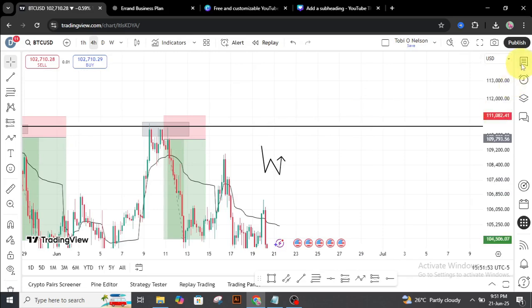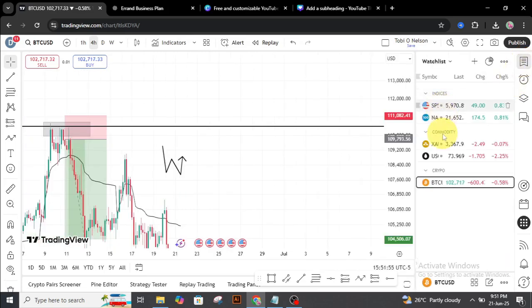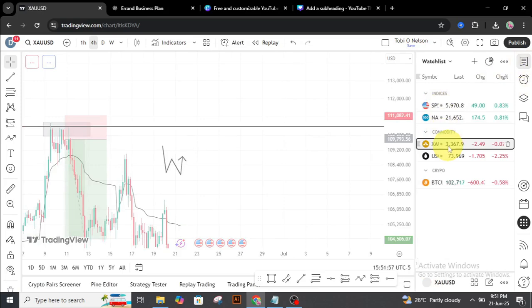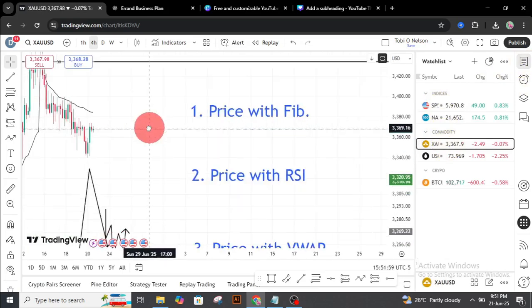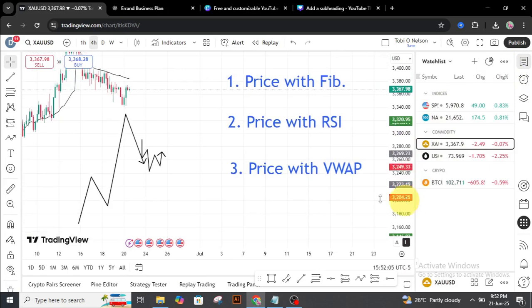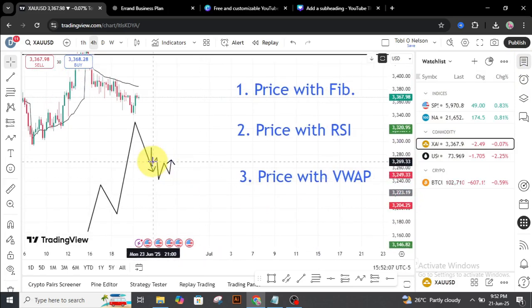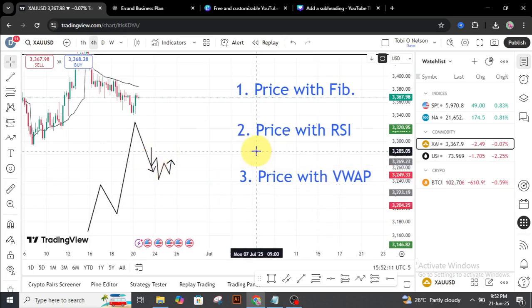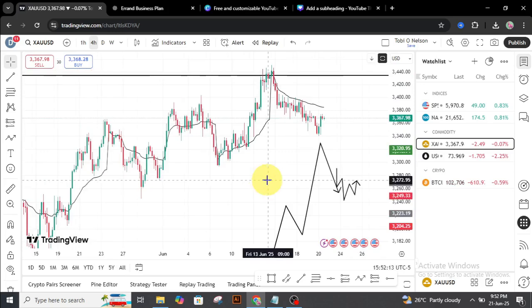All right. So let's go back to the last one. The last one is price and VWAP. Okay, price and VWAP. So if you look at price and VWAP, if you look at my chart very well,